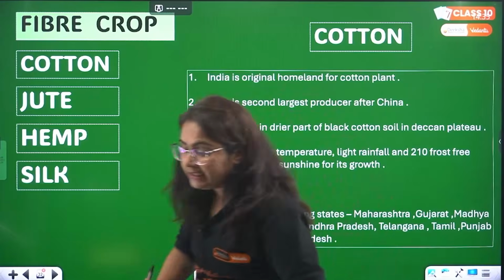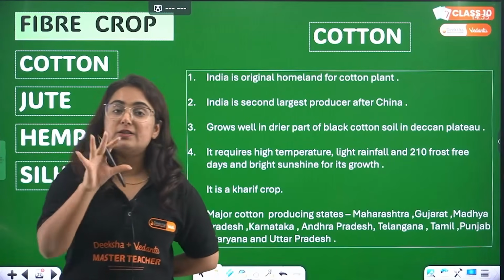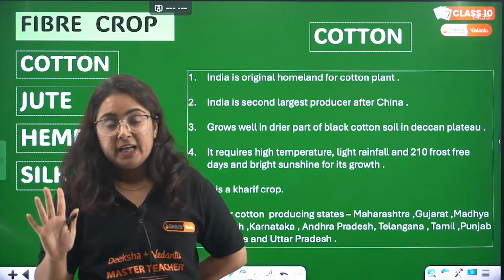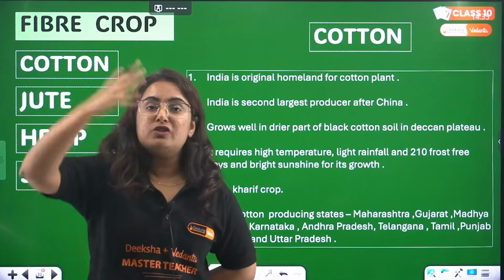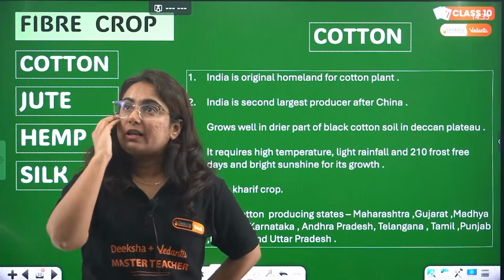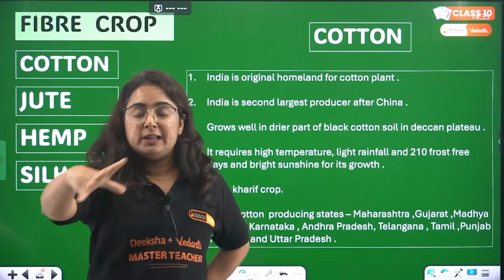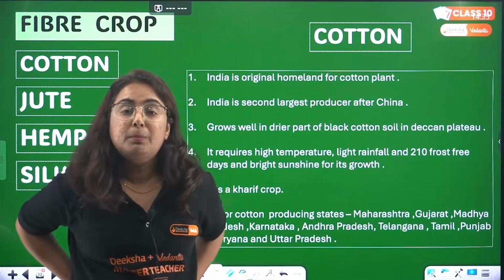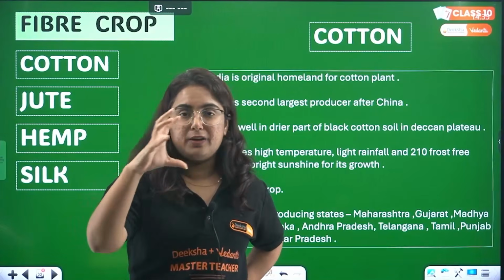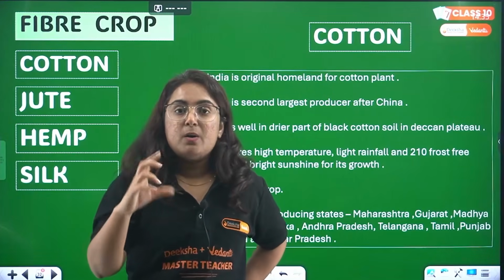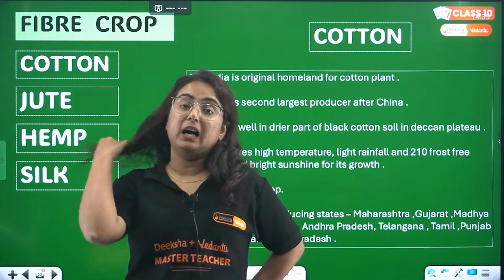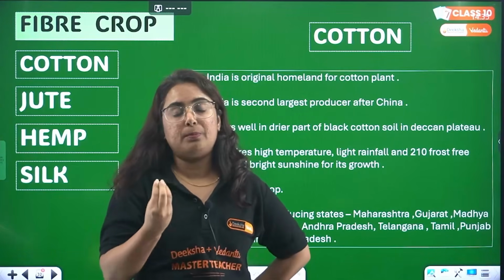You studied in the chapter Resource and Development, cotton is grown in which type of soil? Black soil of India. Right? And you know that India is the original homeland of cotton. I don't know if you studied the Sindhu Saraswati civilization, Indus Valley civilization, very deeply or not, but we have found there a seal. You know, the figures were made on the seal. Why am I talking about this? Because India is the country which found the earliest evidence of growing cotton in the world.